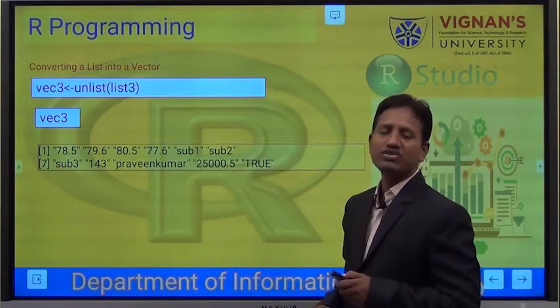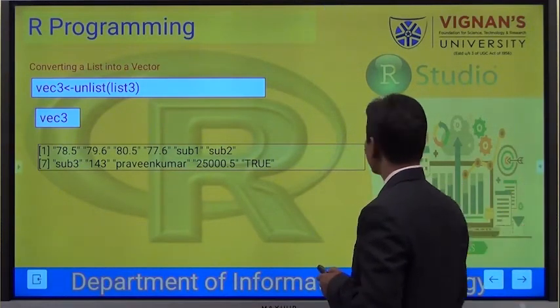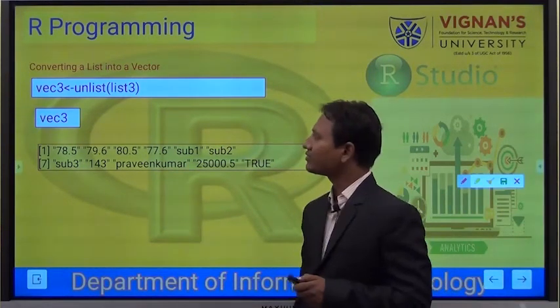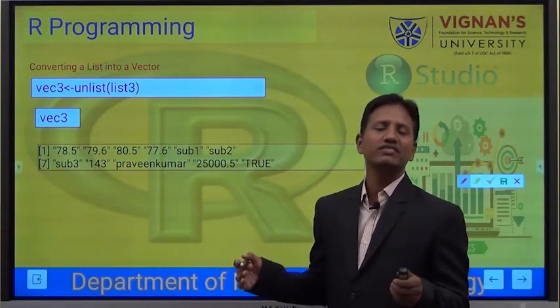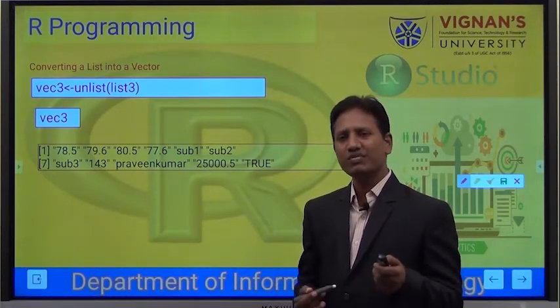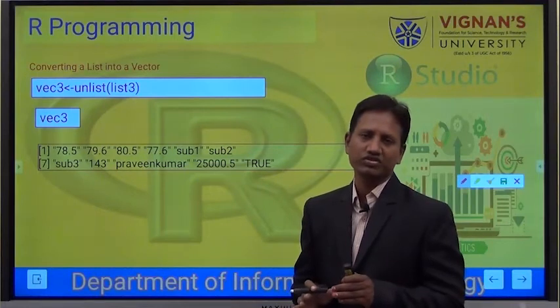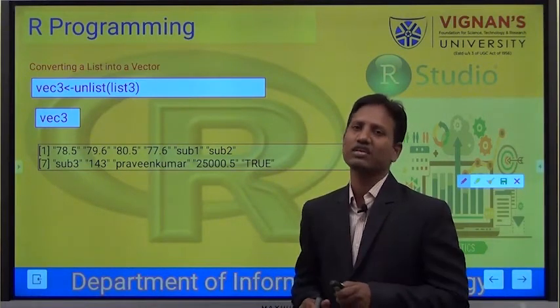Now, converting a list into a vector. Assume that we have a list, but I wanted to convert it into a vector. What is the difference between list and vector? A vector is a homogeneous data structure, a list is a heterogeneous data structure.